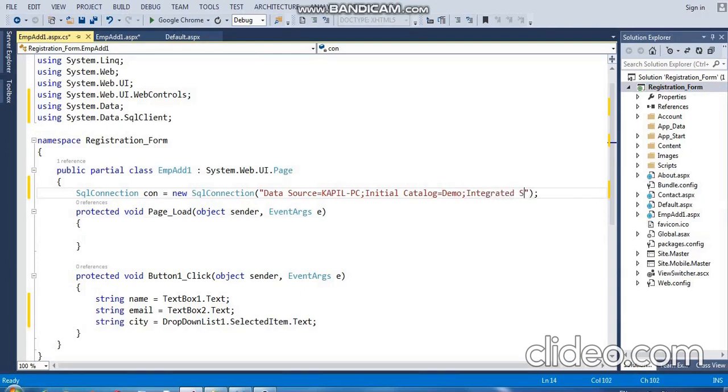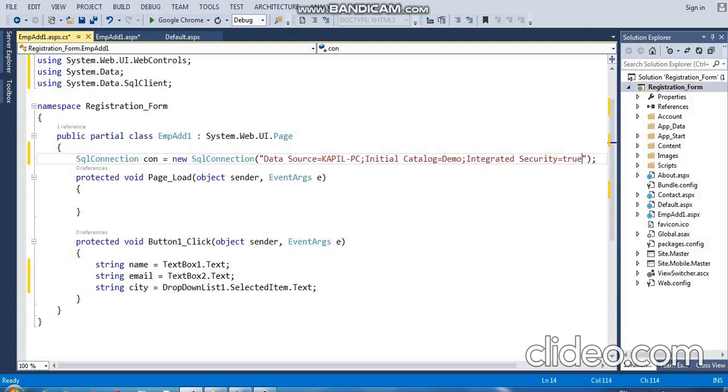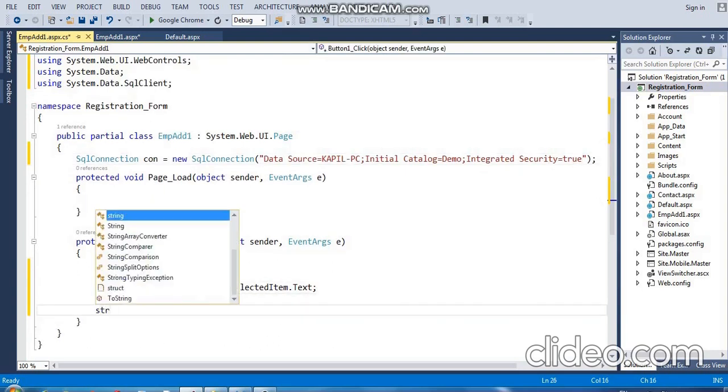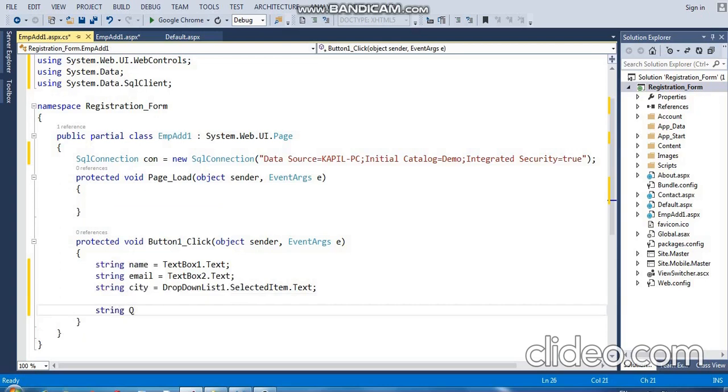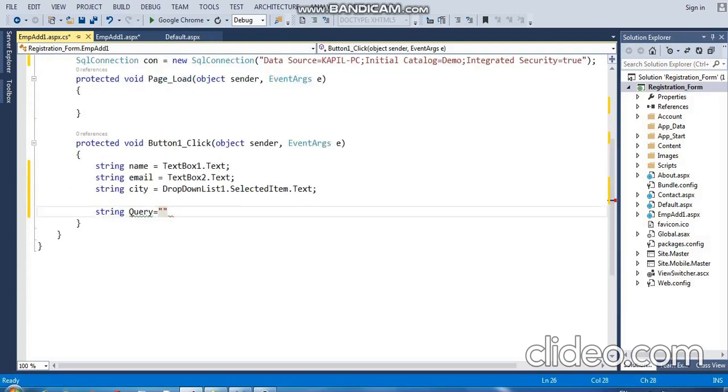Now second step is create query and put it into the SQL command. So I will create query. Insert into table name. So here in the SQL server I have created one table and given it the name person.